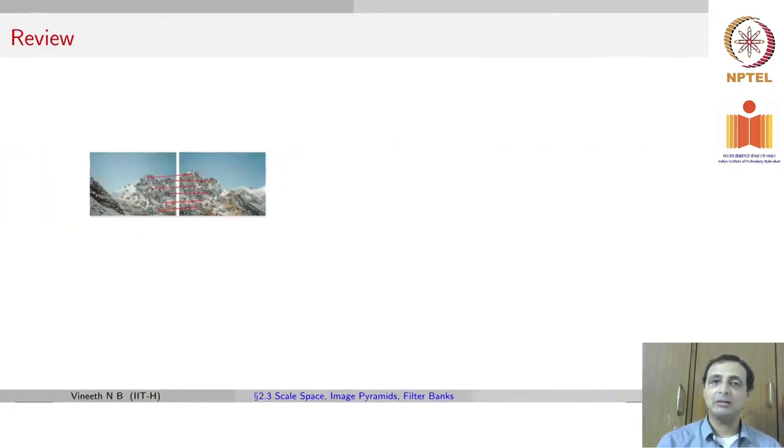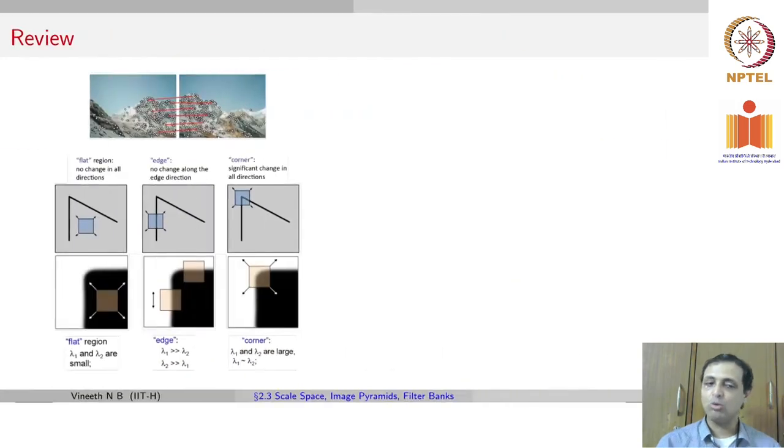We typically detect key points in each of these images independently. How do we do that? An example would be the Harris corner detector. We run the Harris corner detector on image 1, and we run it on image 2. And then we match which key point or set of key points in image 1 matches which set of key points in image 2. How we do the matching, we'll talk about a little later in this course. But our focus now is on finding those key points. And one method that we spoke of for finding those key points is the Harris corner detector.